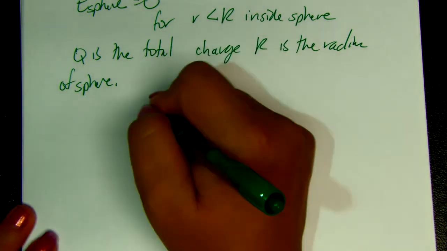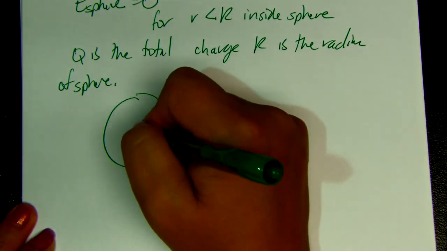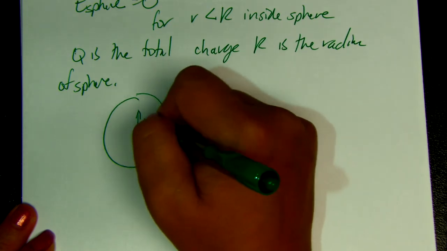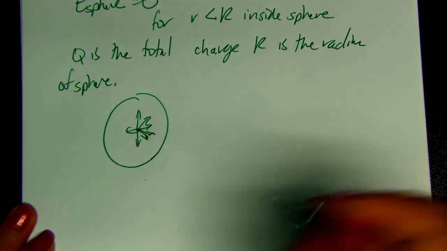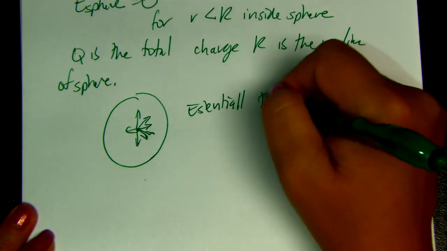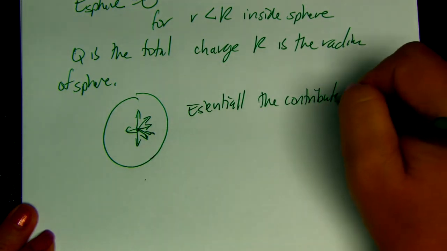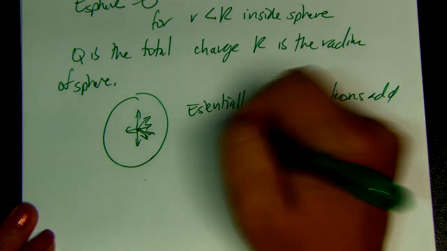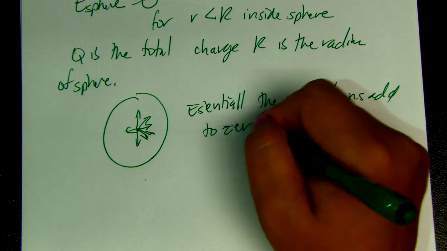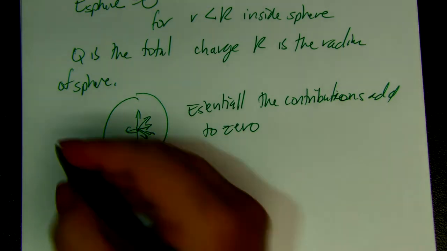So inside the sphere, if we were to look at a point inside the sphere, we would see that it would have a charge from this side, and then this side, and then this side, and essentially everything cancels each other out. So all the contributions add to 0. And again, we'll see a better proof of this with Gauss's law, but for now you can sort of visualize this. Now, it's important to note